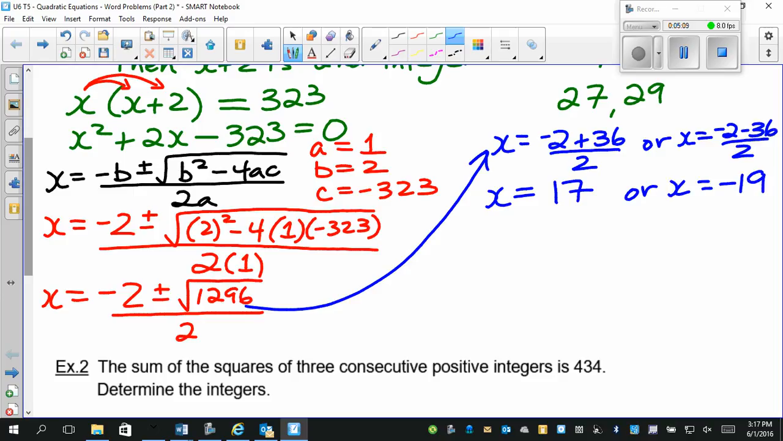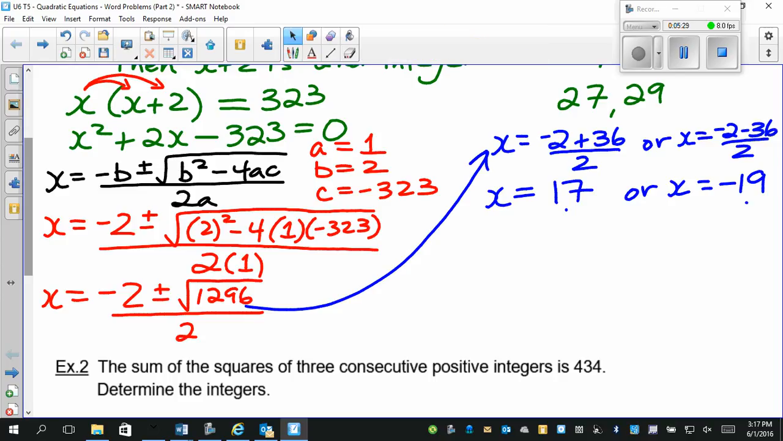Now, in the questions we did yesterday, we were talking about rectangles and we were talking about dimensions. So those had to be positive values. Here we're just talking about integers. So both of these answers are possible. So that means